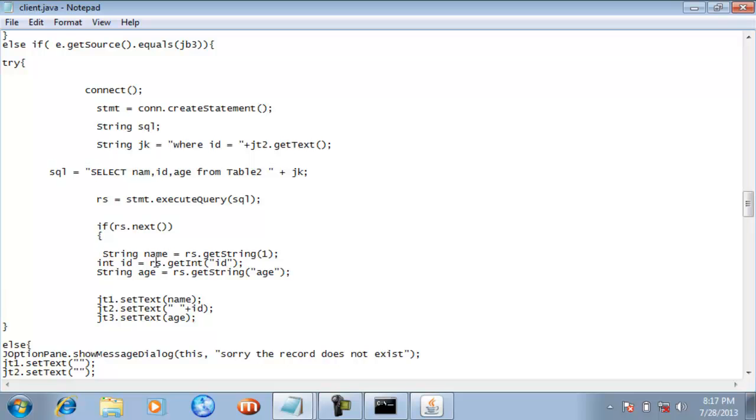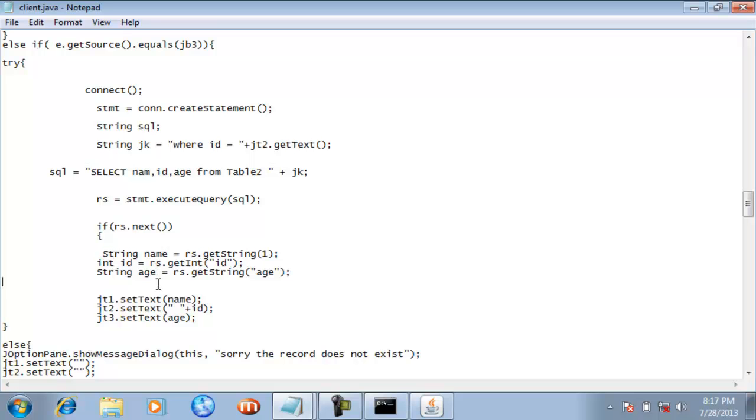So with the help of this statement, whatever the ID value which is existing inside the row which is returned by the MS Access database to this rs named object, it will get extracted and will be saved in this ID named variable. Then this rs.getString will return the age value which is existing inside this rs named object.